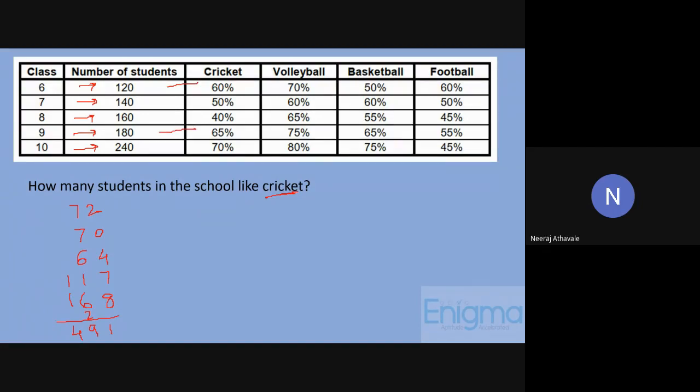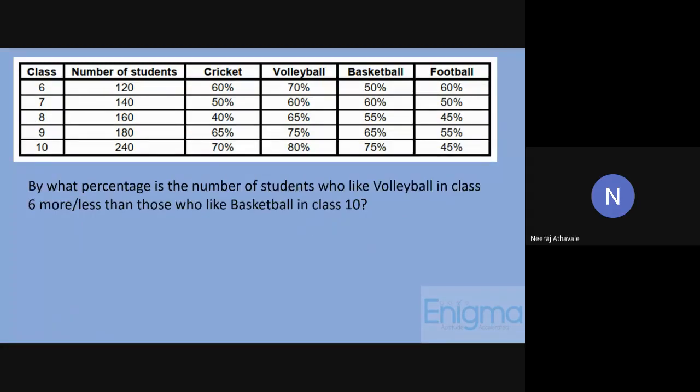Now understand how you multiply 18 into 6.5 orally. This multiplication could be tricky, so what I did was divide 18 by 2, so it became 9, and multiply 6.5 by 2, which is 13. Basically the same thing. So 13 nines are 117. Okay, so that's the answer for this question, 491. Try this one.